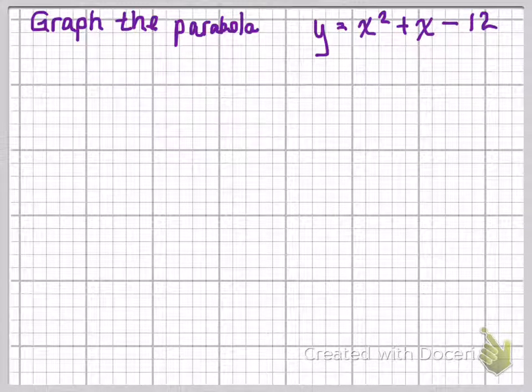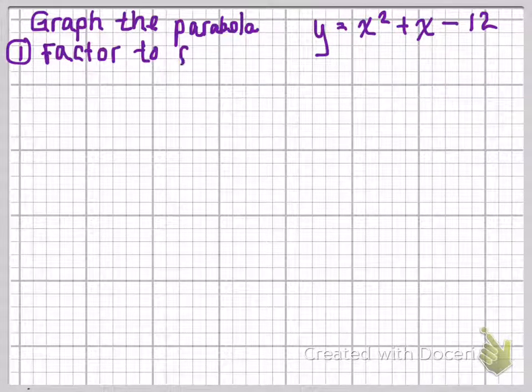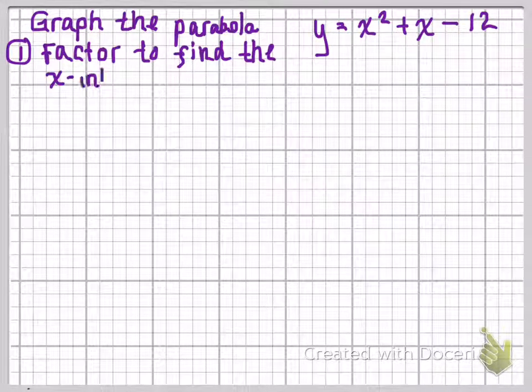The problem with just doing this method is you have to really figure out where the maximum or minimum point is, which is called the vertex. And it can be more difficult to find when you're just making a table randomly. So this method we're about to use is to find the x-intercepts, average them, and then we can get the vertex from that point. We can also graph parabolas by shifting, but we're going to focus on the x-intercepts in